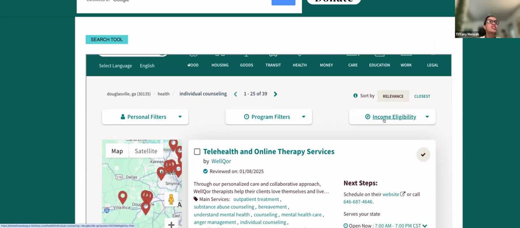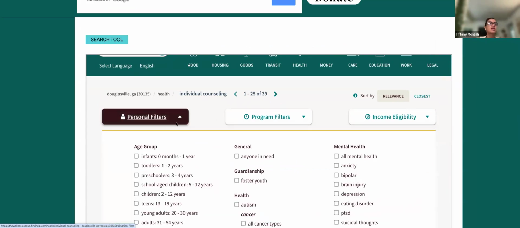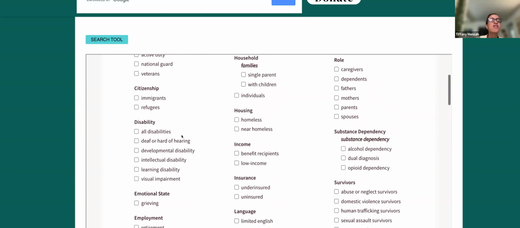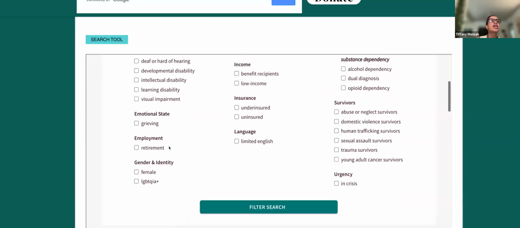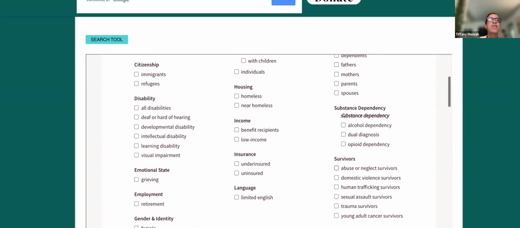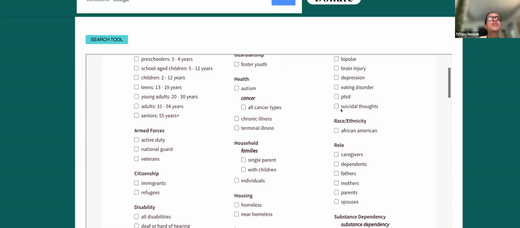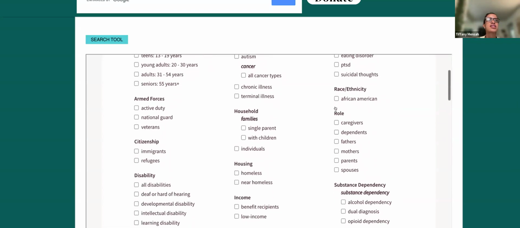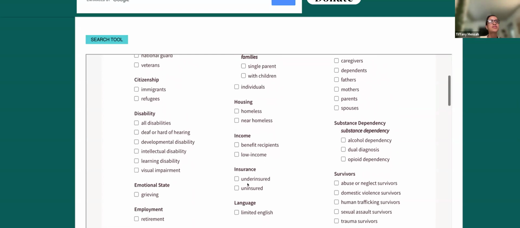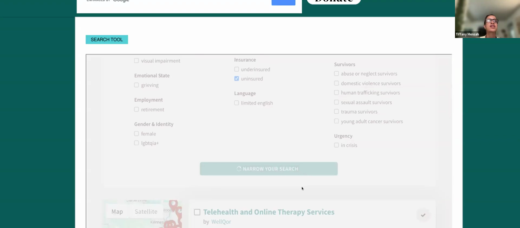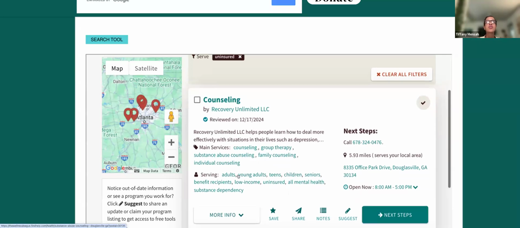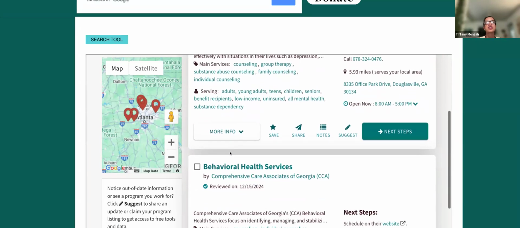So, for example, let's check out personal filters. So, we have all of these different filters here available to help us find something more targeted. So let's say maybe I am uninsured. Let's see if there's anything specific to that case. And we'll click filter. And now we see we've narrowed down to just 7 programs that fit my specific case,